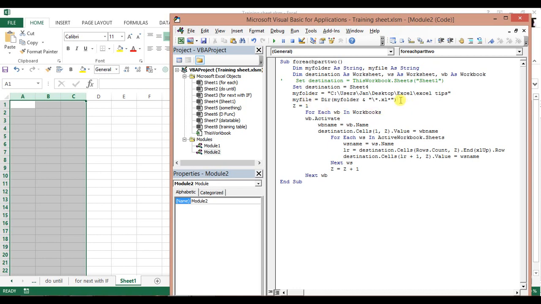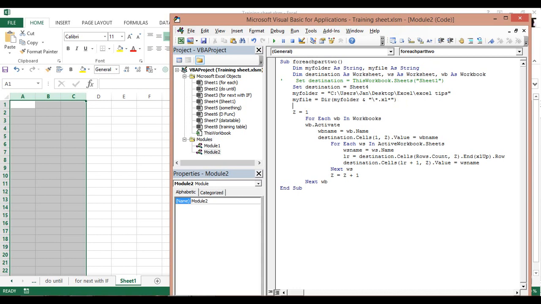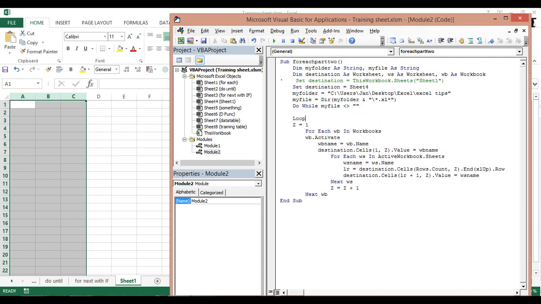And now we are going to be looping through the folder and opening each workbook in there one by one. So for that we are going to use a Do While loop, and we are going to be looping while my file is not empty. So to define that we just say Do While my file and double quotes, then we close the loop by saying Loop, and the loop will just be opening the workbooks. So workbooks